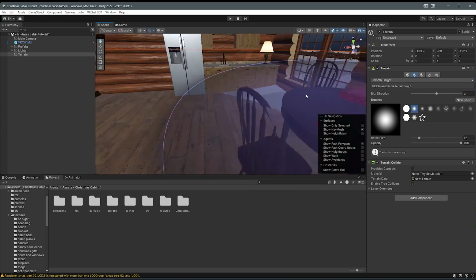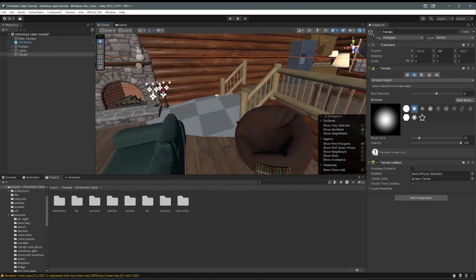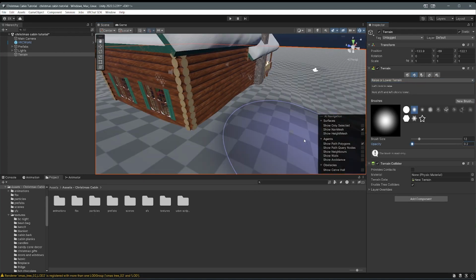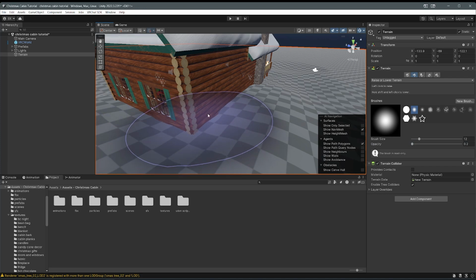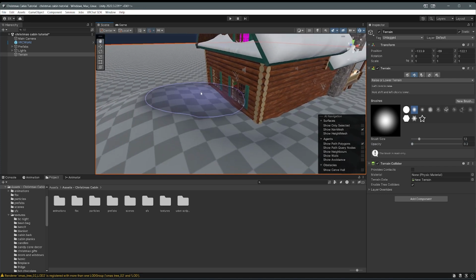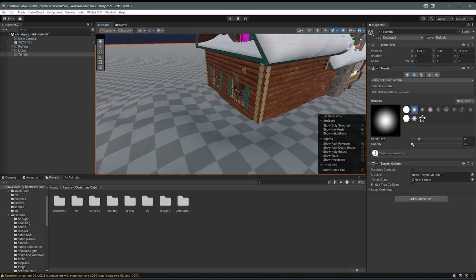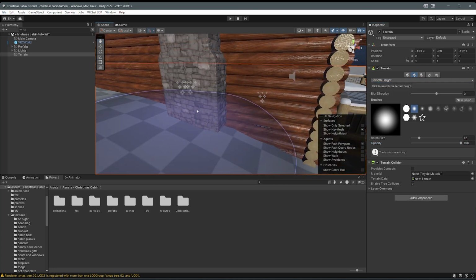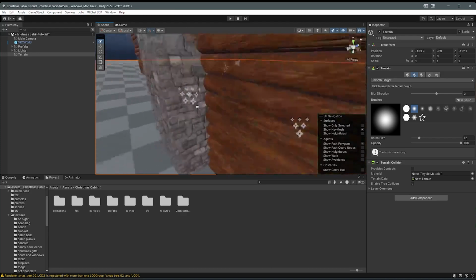So now we can see that most of the terrain is not clipping with this. We can still bring this down a little bit more. Raise and lower again. Bring the opacity all the way down. Hold shift. Let's drop this stuff down a little bit. Raise opacity. Go to smooth height. Let's smooth it out. I want the fireplace to be